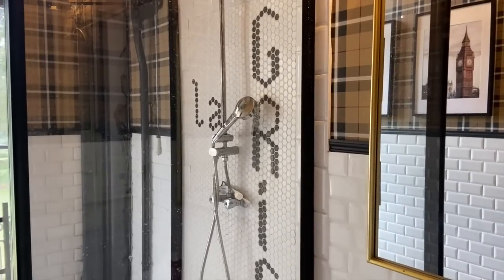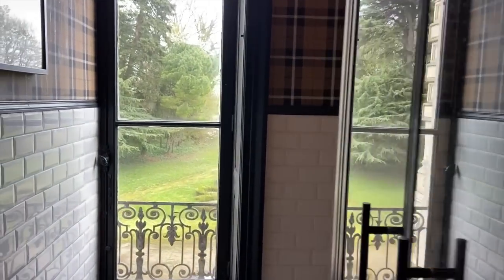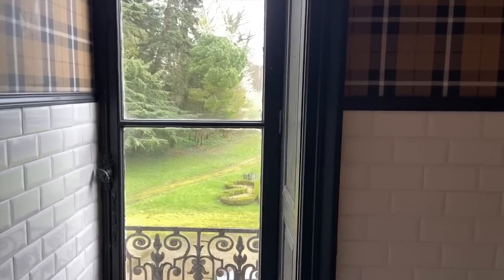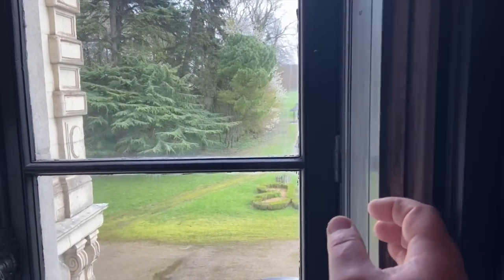Getting ready to have a shower, and thought I'd answer a couple questions. One person was saying, hey, you need some privacy in this room. And we have it. Remember, these inside shutters are incredible. So a person can close as much of them as they want. You could even get quite a bit of light. You could close that much and you've completely got privacy,